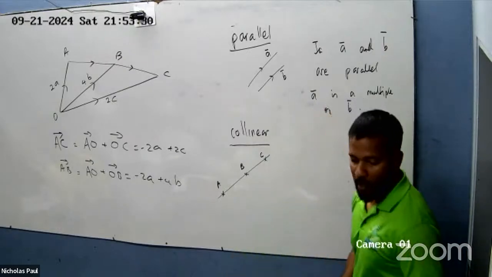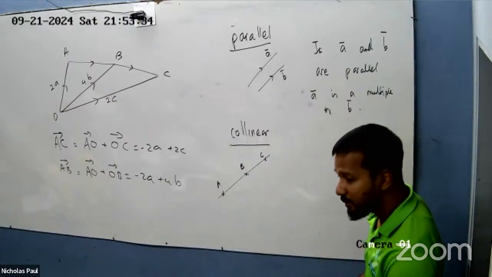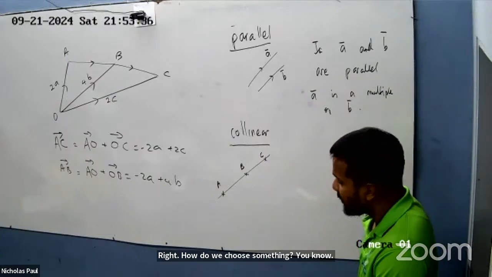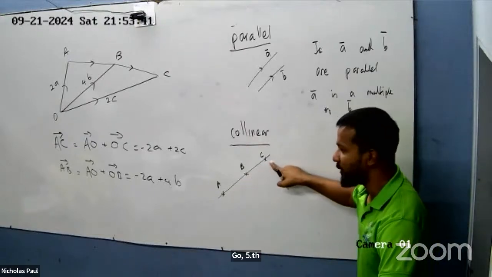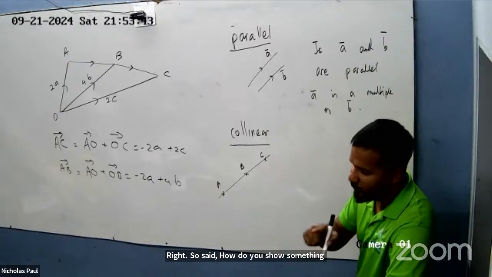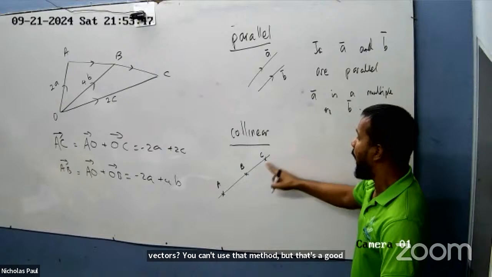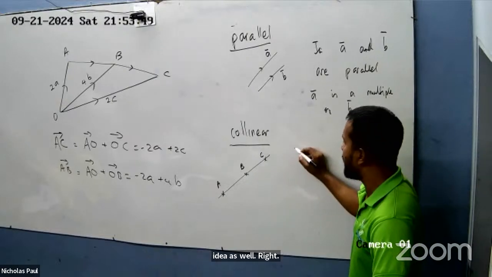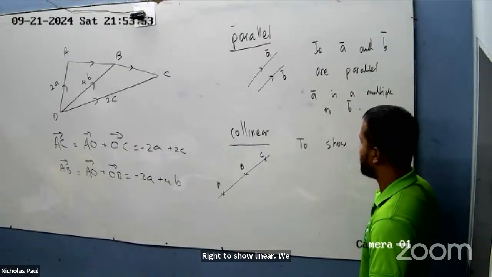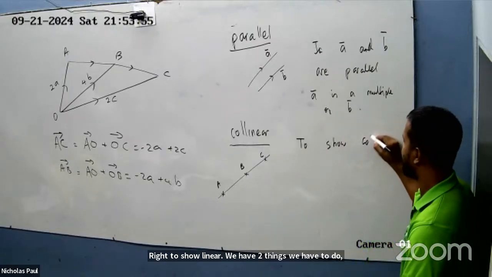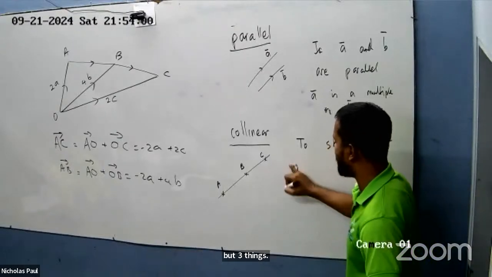Right? How do we show something collinear now? Collinear, yeah. Close, right? Close. How do you show something collinear? Because it's vectors, we can't use that method, but that's a good idea as well, right? How do we show something collinear? Right? To show collinear, we have two things we have to do. Well, three things. So the first thing that we do to show something collinear,